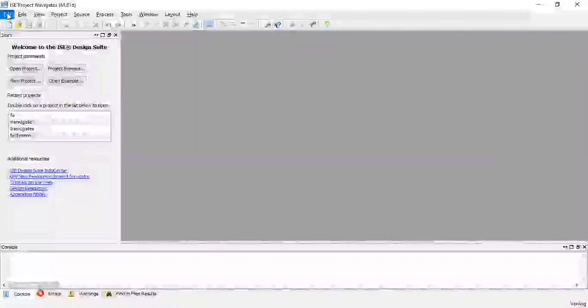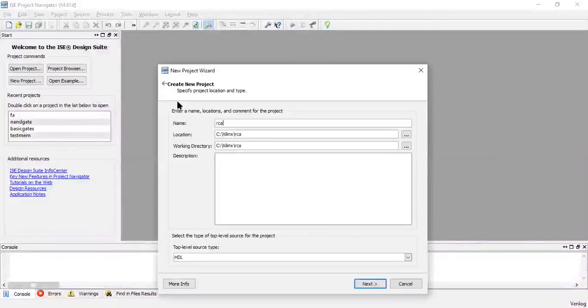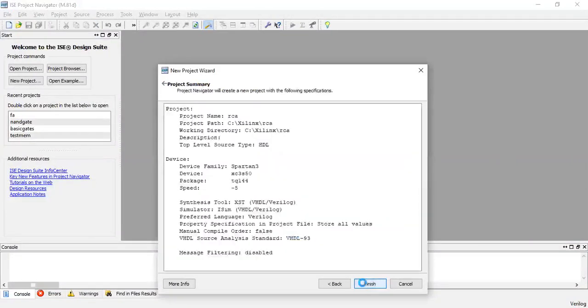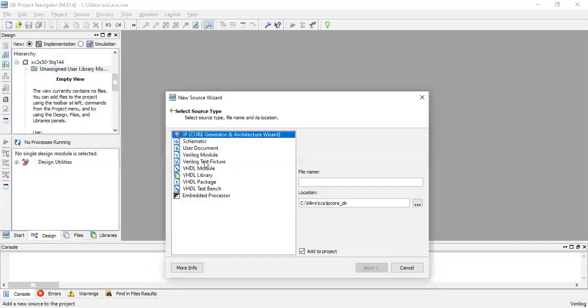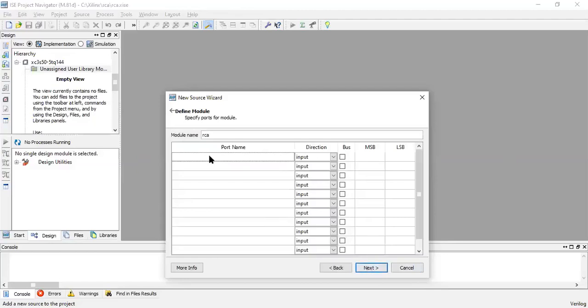Now we'll try to implement the full adder using Verilog. So now ripple carry adder only I've taken, so I'll give the name as RCA. Next, no need to change all these things. We have retained them as they are. So right click, new source, Verilog module. So it is RCA. Let me keep it as RCA only. Next. Now what are the inputs I had? If you can see, I had an input A, so let me take this input as A. There was also another input B.